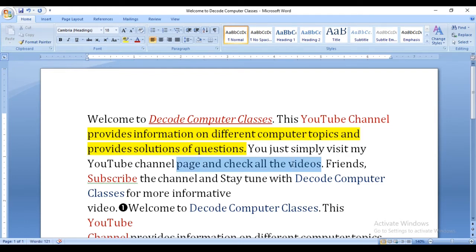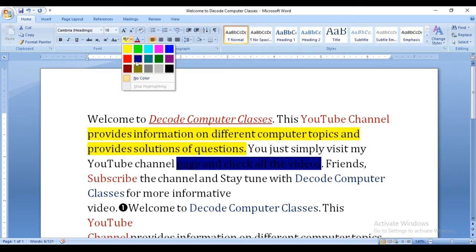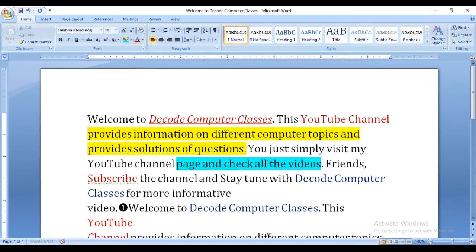We can apply color on the text background, with different color options. We can highlight this, we are actually highlighting the background of the text. And if I want to make a line over the text, this is strikethrough.